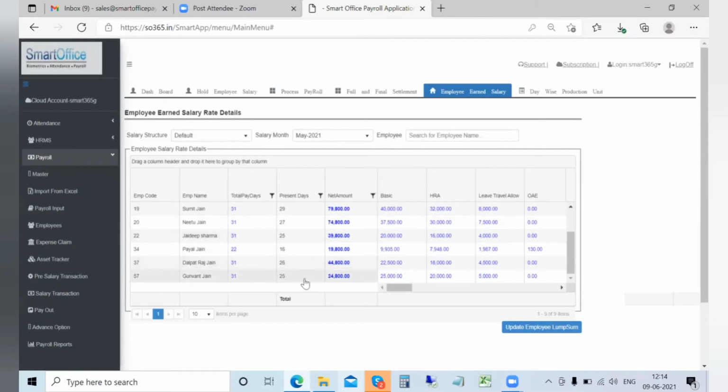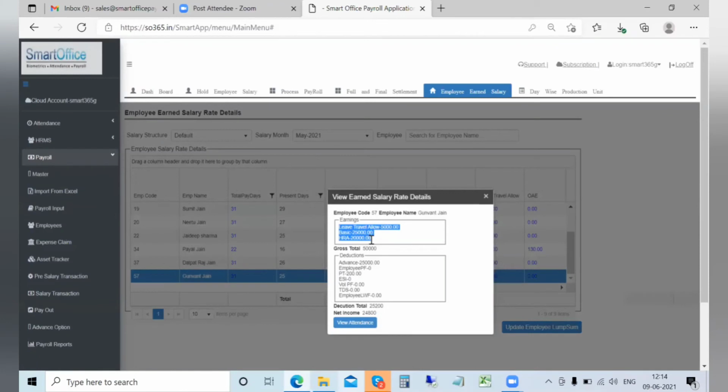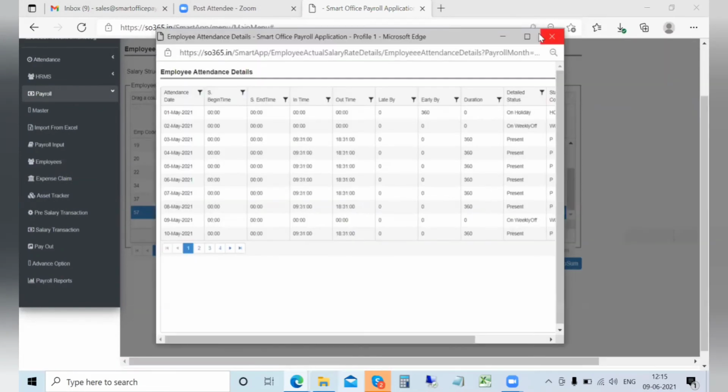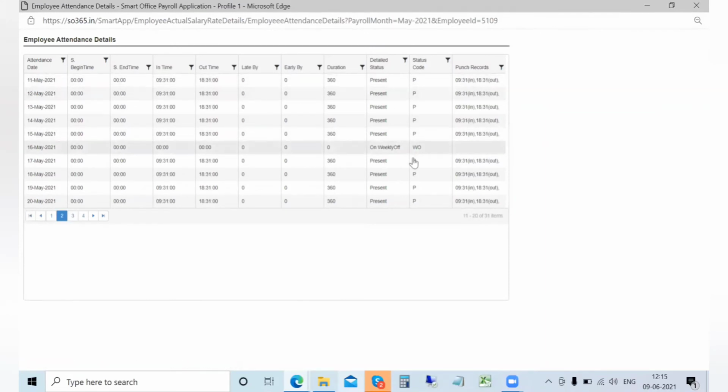You can always double click on that particular employee and see what are the earning heads that are provided to that employee. The gross total will be visible here. The various deductions will be visible here, the total of the deduction. And in case you want to really check the attendance once again for some specific reason, that will also be visible here on this particular screen with the details, as in what is the status of that employee for those specific days.